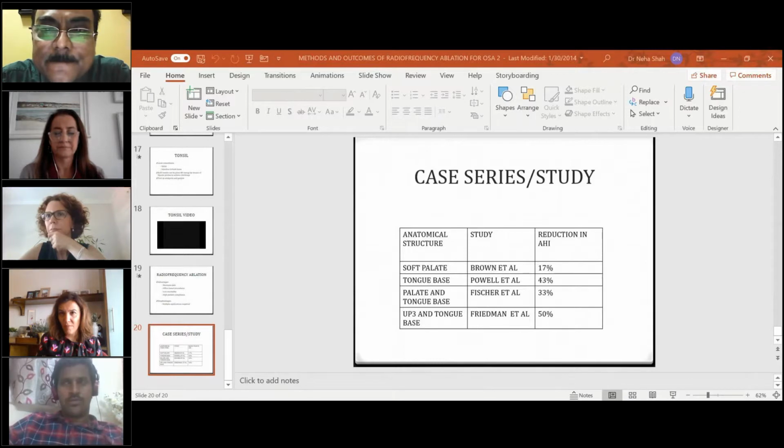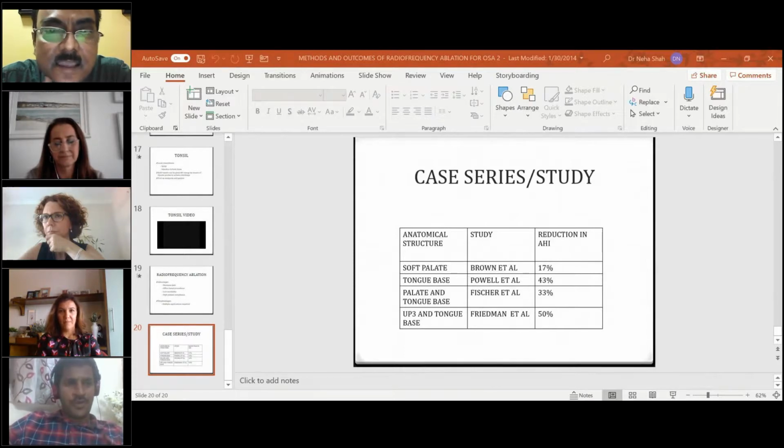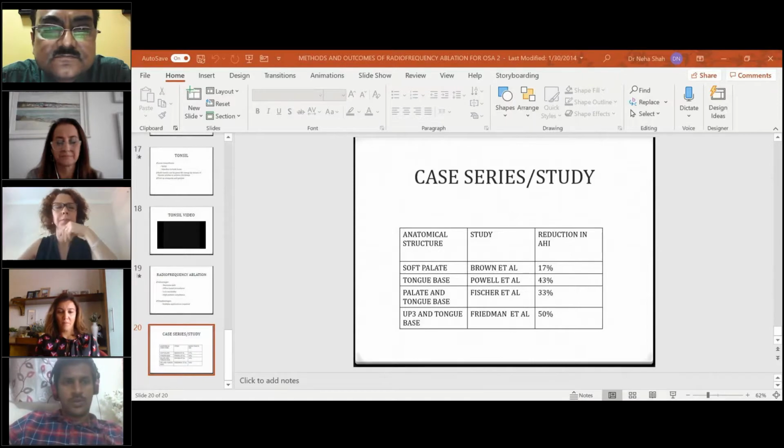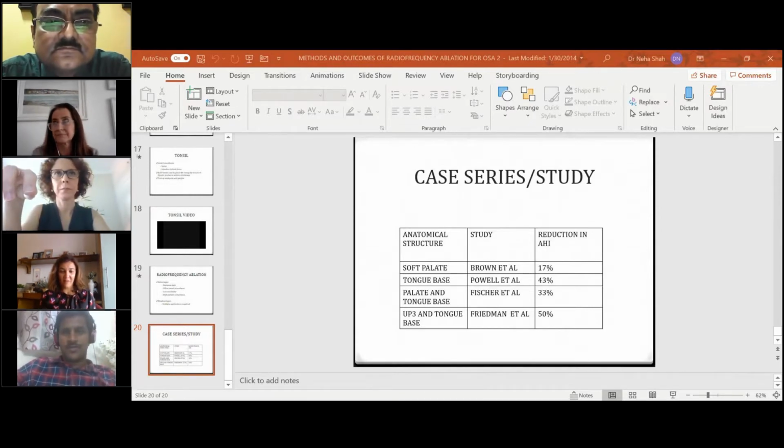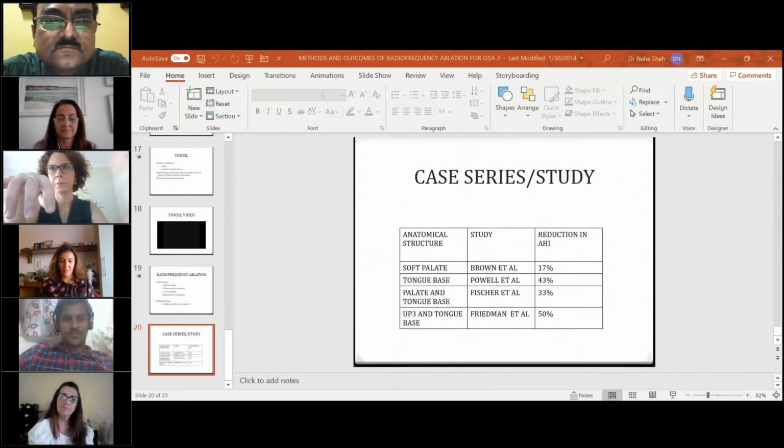I have done some of these radio frequency procedures at the Kambala Hill Hospital. If you know, it's a private hospital in South Mumbai. I've also done some of these procedures at Motibai Dalvi Hospital where I was attached in the past. And truly speaking, the first time I got exposed to these procedures was in the UK, where I lived for a couple of years, from 2006 to 2008, and I did my first clinical attachment at the Royal National Throat, Nose and Ear Hospital in London, UK.